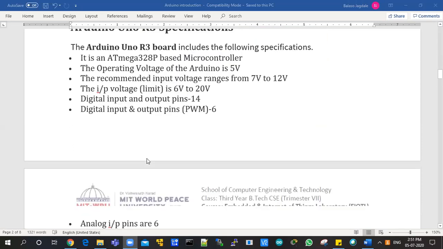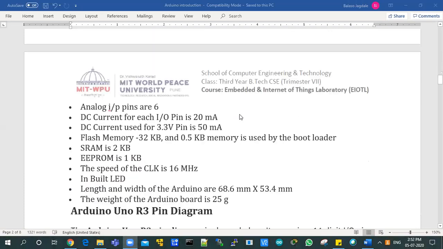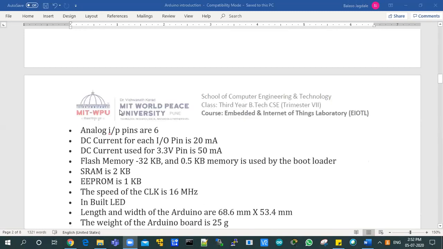Then there are pulse width modulation pins, where you can generate different frequencies. Then there are analog pins. Analog means variable voltages, because in nature many quantities vary with reference to time, and instead of converting analog to digital format externally, an inbuilt ADC is available.